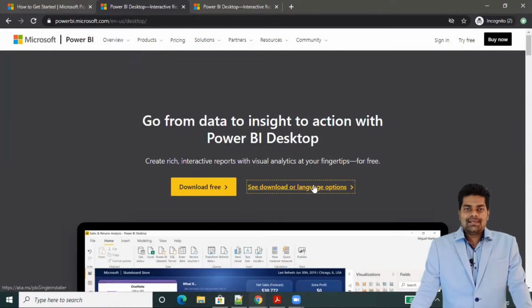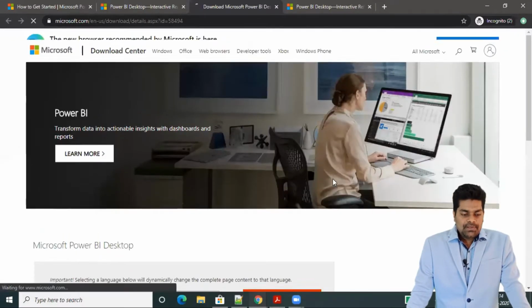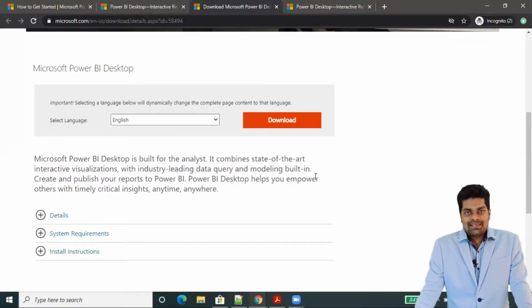And if we click on see downloads or language options, okay, now we have multiple options. So from here also we can easily download and we can install.